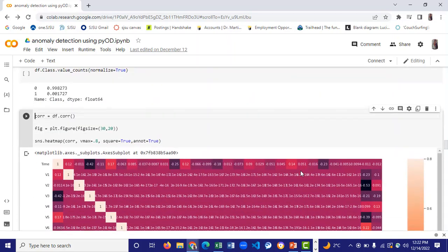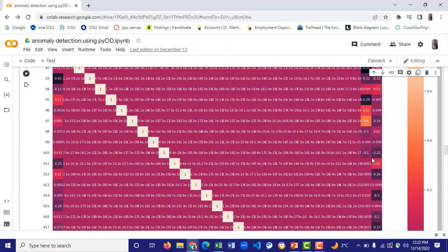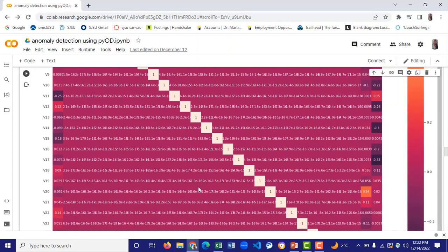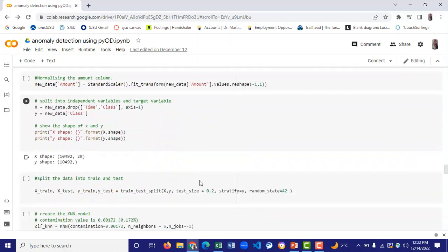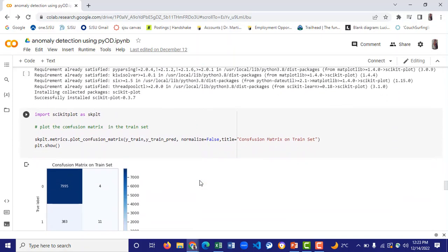The main major thing I have done is implement the heat map. Here you can see the difference in the heat map, the color differentiation. I'll also post this link below in the description.